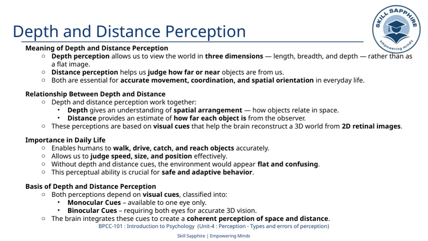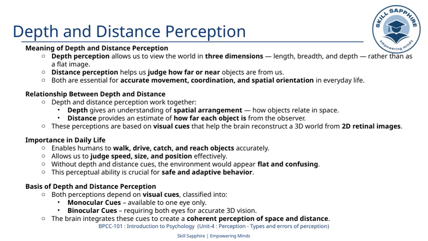Now, let's look at what forms the basis for these perceptions. They depend on visual cues, which we can broadly classify into 2 types: monocular cues, which are available with just one eye, and binocular cues, which require both eyes. Our brain integrates information from both sources to create a coherent and accurate perception of space and distance, helping us